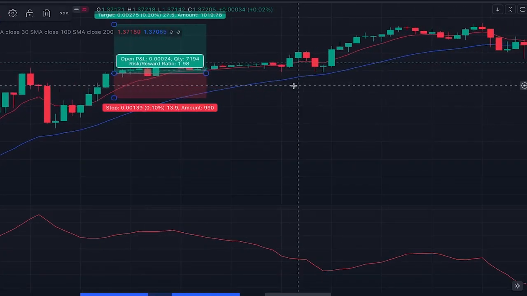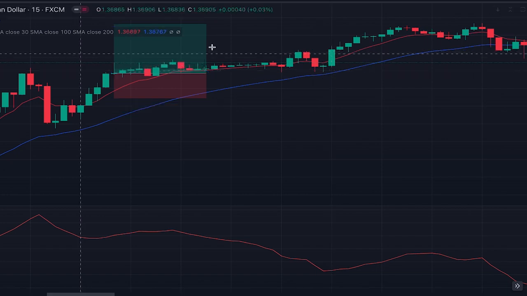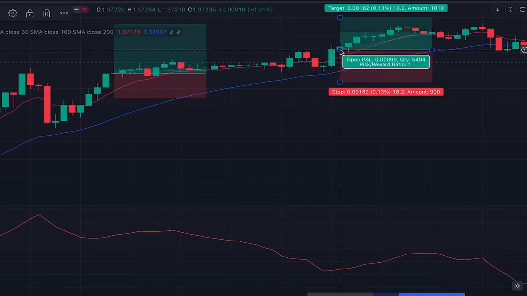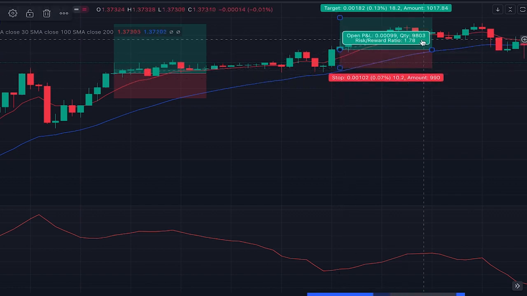Another opportunity we got here, where this candle closed below the red EMA and then we got this candle which is closed above the high of our trigger candle, so it's a confirmed trading signal and we could enter a long position here as this new candle was opened. The stop loss for this trade is placed below the low of the trigger candle, and this trade is also a profitable trade,